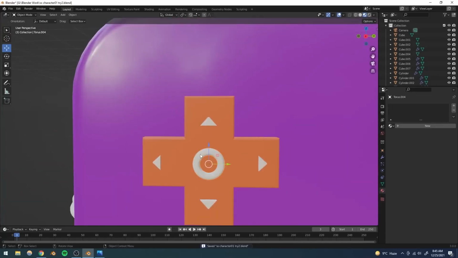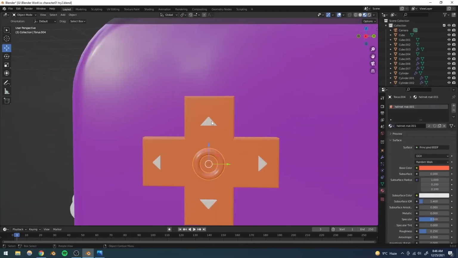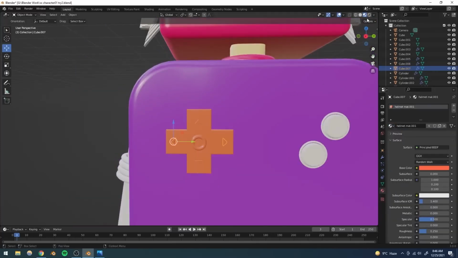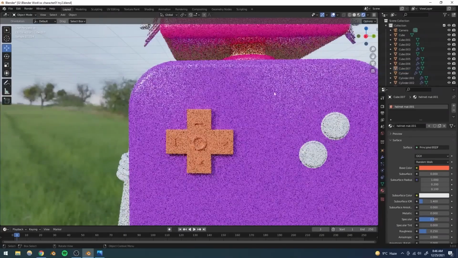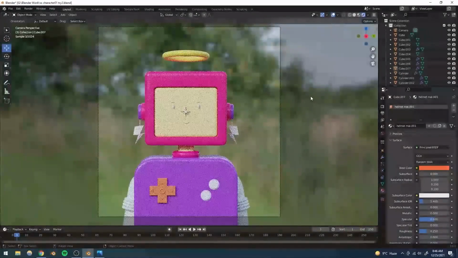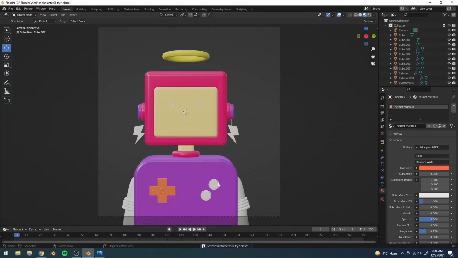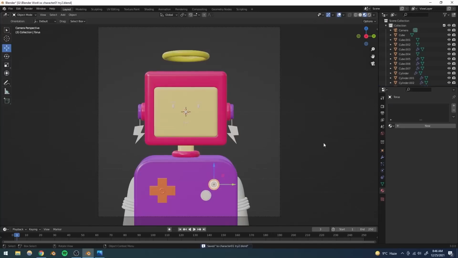I'm going to add the same material to these as well. These things as well, because they're basically the part of the same thing, right? Let's go to rendered mode, and yeah, I think it looks pretty good, doesn't it? So apart from that, the other materials, yeah, let's add a material to these rings right here,